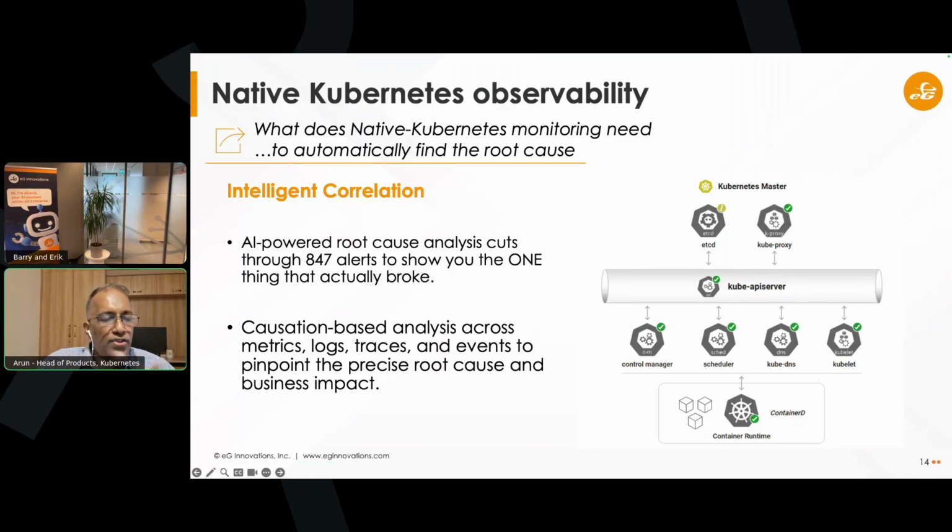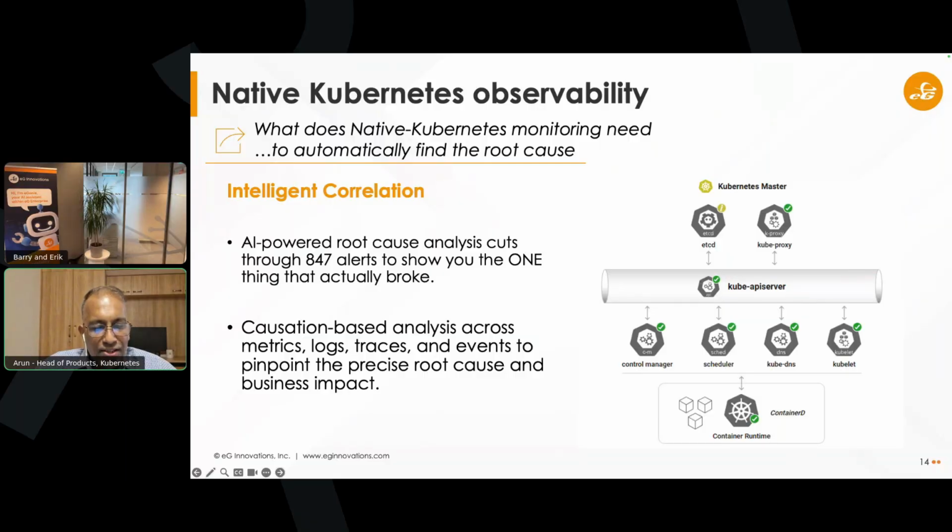A few final points are the fact that, remember I told you about the fact that there are a lot of dependencies. You need that automated root cause analysis and the alerting that goes with it to say that when, let's say, something failed in Kubernetes, why did it fail? It failed because of the operating system anomaly, a process, the network, the JVM, the container, or the application code that's running within the container. So you really do need full stack native Kubernetes ability.